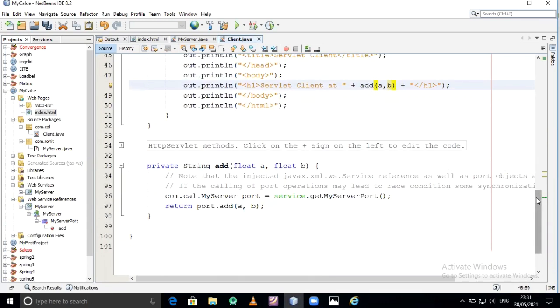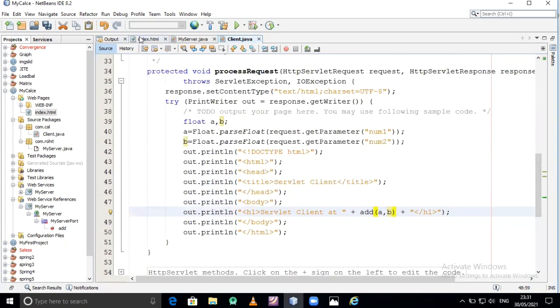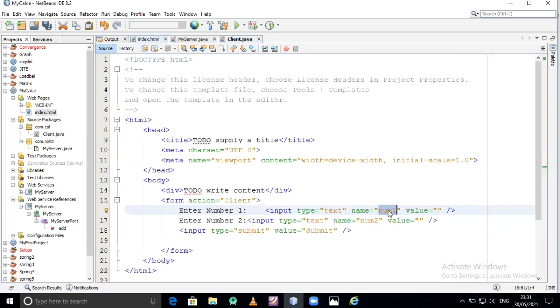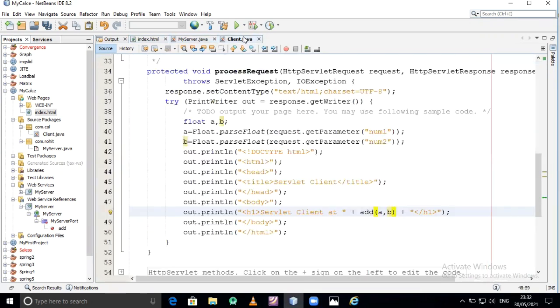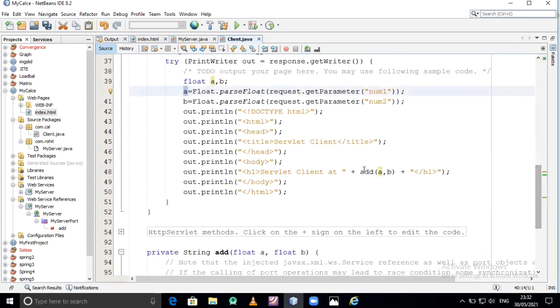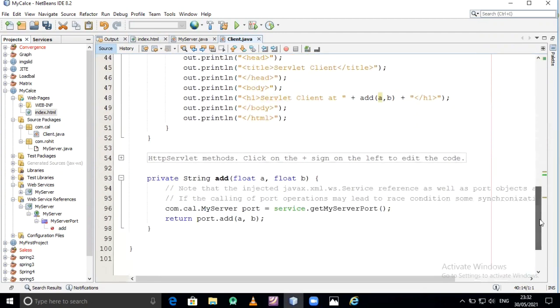After giving the input to this particular page index.html, first num1 and num2, this value is coming into the client in variable a and variable b. Again we pass variable a and variable b with the help of the add function.